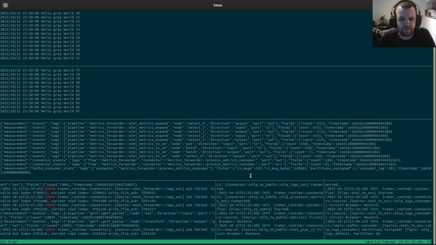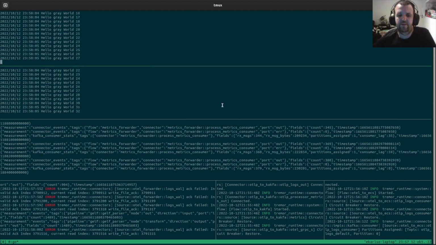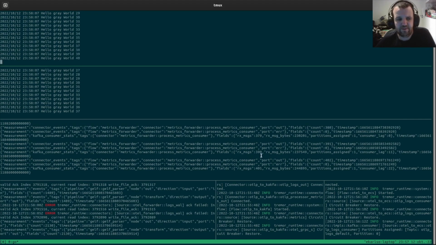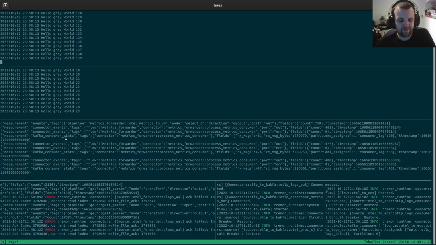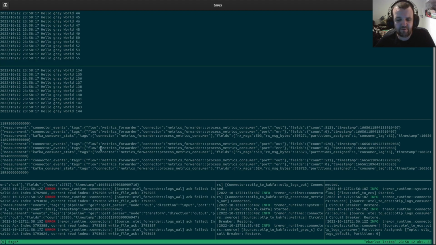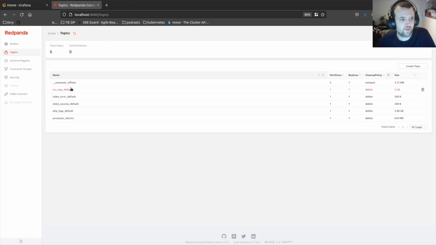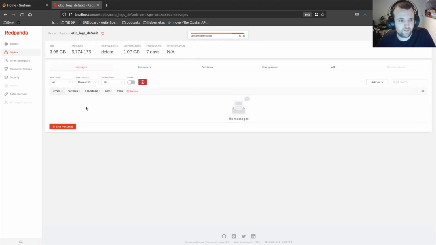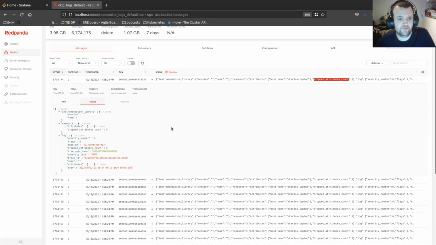And now you can see this middle one here actually logs how many things it's forwarding, because I have the pipeline set to log metrics to the console versus shoving it off over to Victoria metrics. But if we now go and check here, you can see I have all my logs preserved